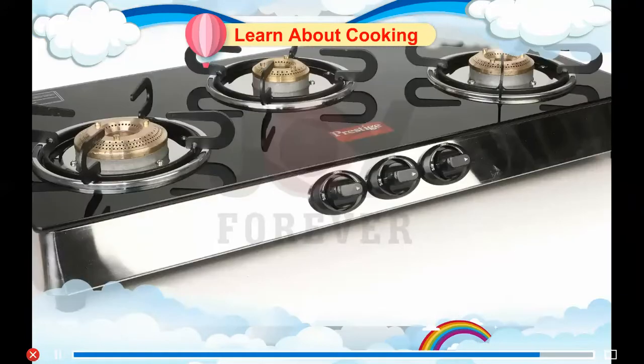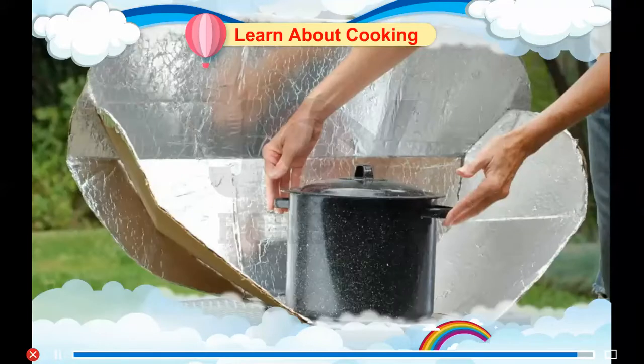People living in cities mostly use gas stoves. The gas used in these kinds of stoves is called LPG. It is an easily available gas. Nowadays, some people use sunlight to cook food. This cooking is done in solar